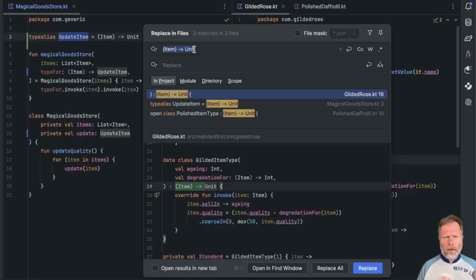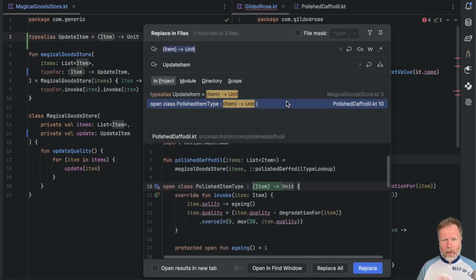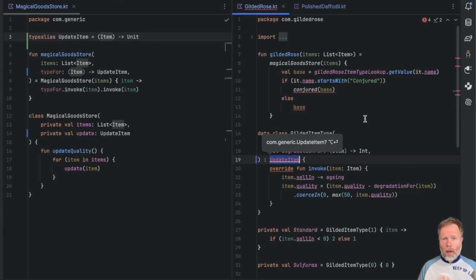So I'm going to replace item to unit with update item. I want to replace the one in Gilded Rose, yes. I don't want to replace the type alias with itself, but I do want to do the one in Polished Daffodil. Good. Now if you come back here though, you'll see an issue with type aliases, and that is that